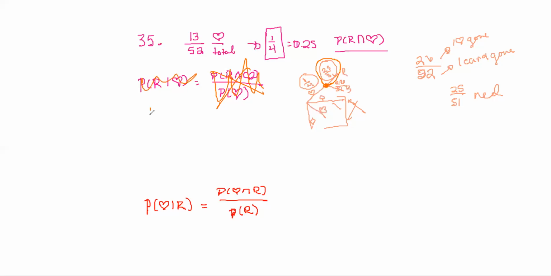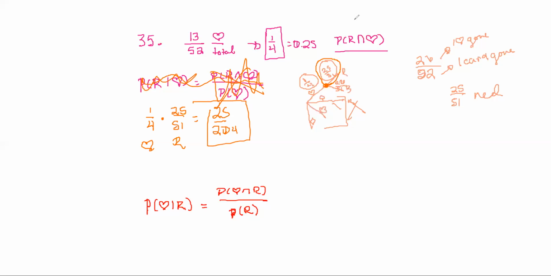My method of solving it would literally just be there's a 1/4 chance you get a heart times a 25 out of 51 chance you get a red card, and that's equal to 25 out of 204, which is what the book says is the correct answer. So that's how I would come to the correct answer. That makes sense to me. I wouldn't deal with all of that right now. Okay, that being said,